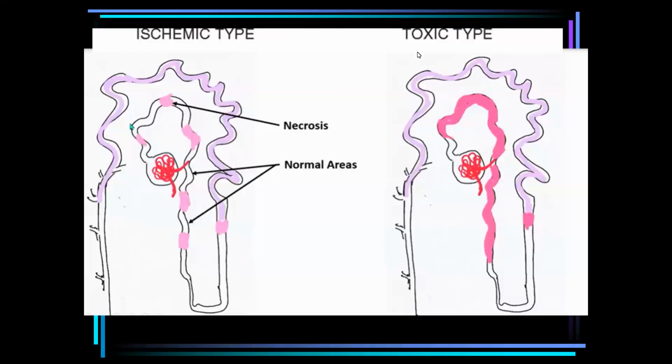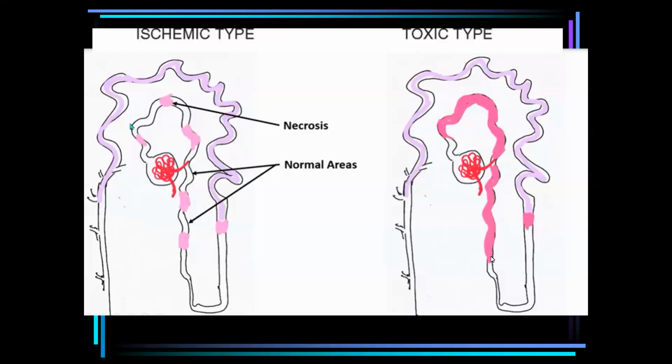So in cases of the toxic form of acute tubular injury, as we see here, the main involvement is in the proximal convoluted tubule, and it is involving it in a complete or diffuse form, as you